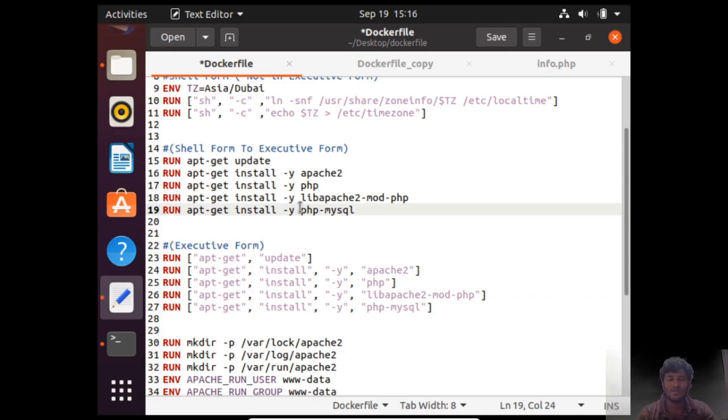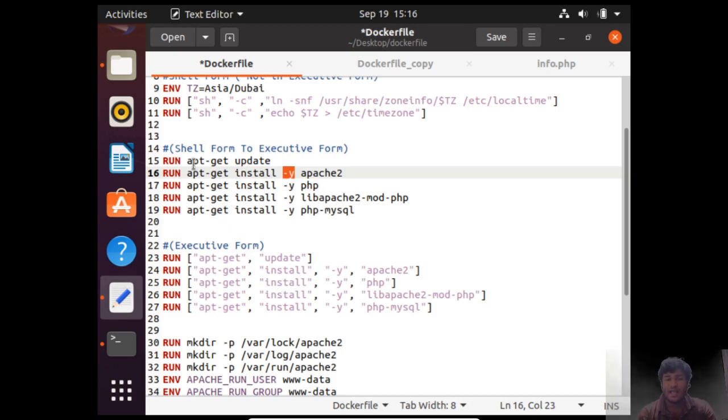First, this is the software which is actually running. This says apt-get, and this is apt-get update. The second says apt-get install. What do I install? Apache 2, in a non-interactive form, which is -y.